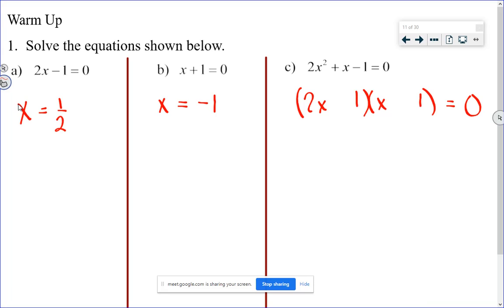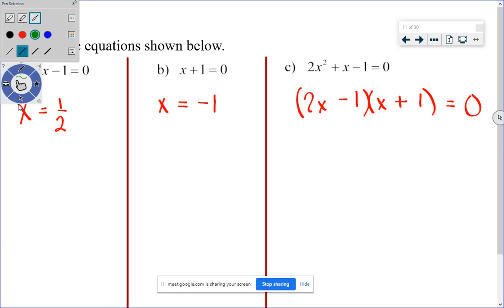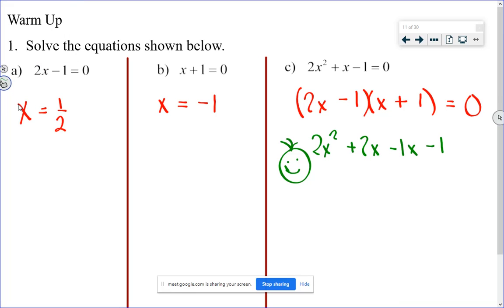So we know that 1 and 1 have to go here and here, and the 2x and x have to go where I wrote them. With a little bit of thought, I can see that if I put a positive here with the 1 and a negative here with the x, you certainly don't have to write this every time, but when I FOIL this out in my head, I get 2x squared plus 2x minus 1x minus 1, and that makes me very happy because that's what I had up here. 2x minus x is positive x. So the bottom line is you factor it,